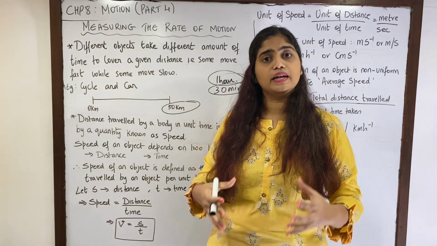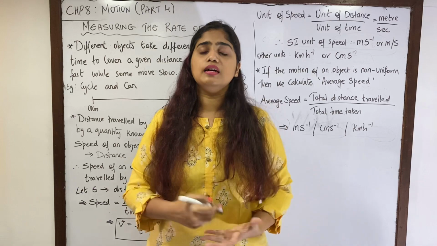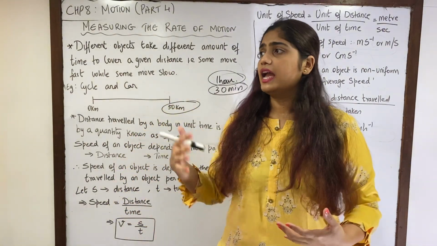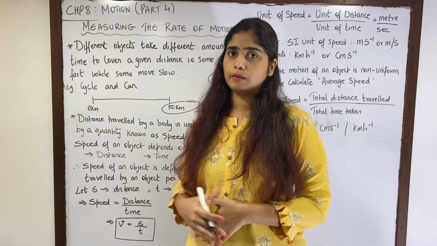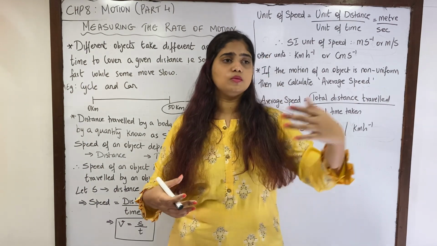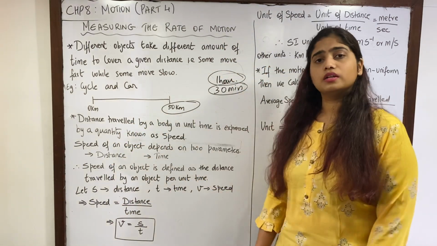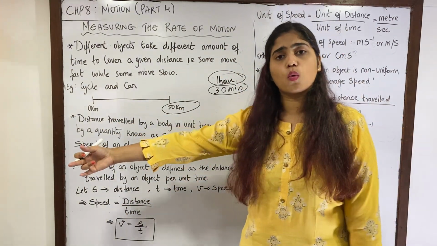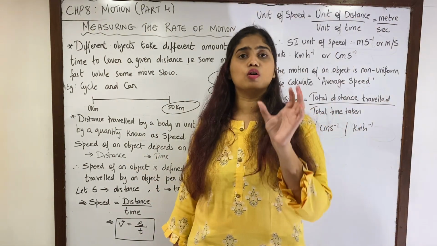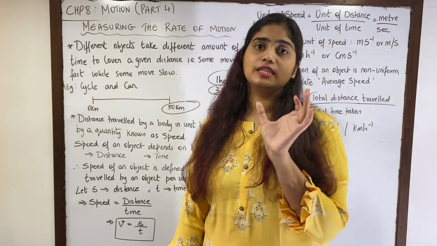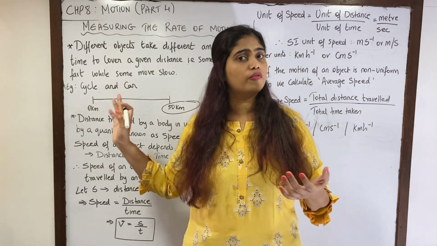So with this we can see that there are different objects which are in motion and they have their own rate of motion. Now there arises a need for us to calculate this because everybody has a different rate of motion with which they are traveling, yes or no. Nobody is going to travel with the same rate of motion. Another example is a person who is running and a person who is walking. The person who is running is able to cover, suppose, 50 kilometers in a shorter time, but a person who is walking will take a longer duration, yes or no. So in physics we are given a quantity and that quantity is known as speed. Speed is going to help us know the rate of motion of a particular object.